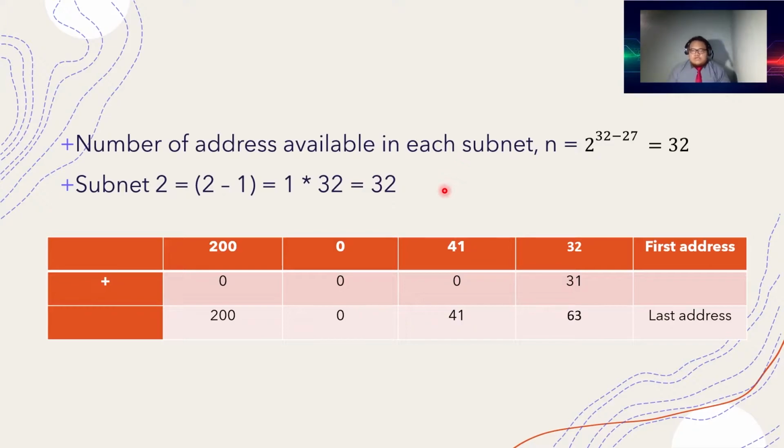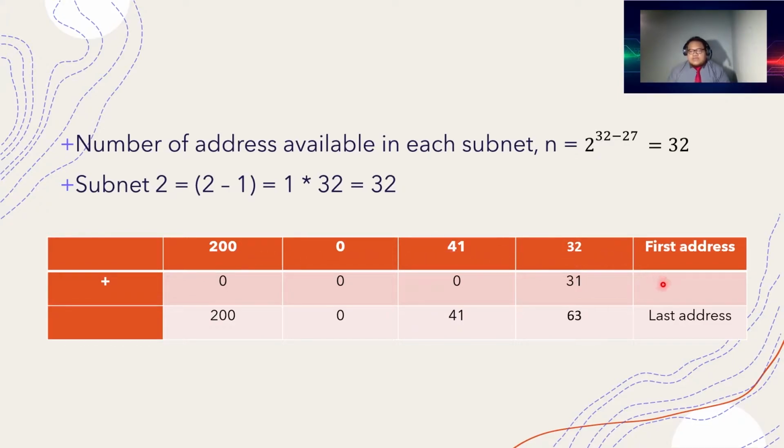Earlier, we could not see much change in how we change the byte, but starting from subnet 2, we see that we are going to put the answer of the subnet into the last byte, which is the 4th byte, of the IP address. So the first address